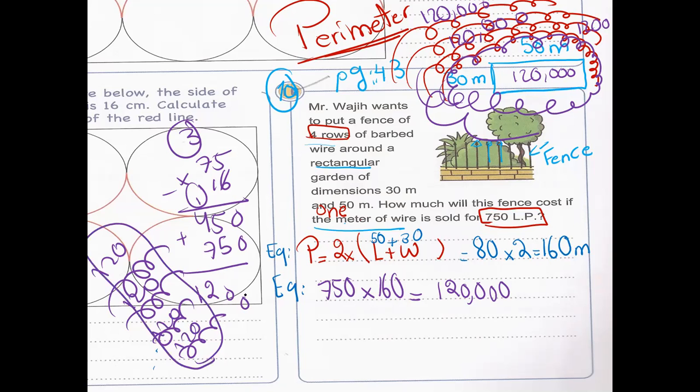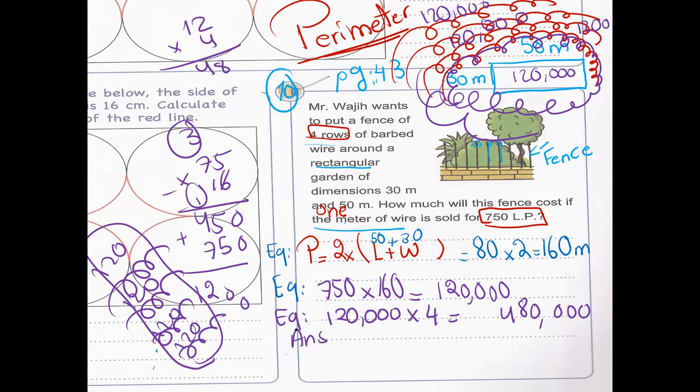Let's find now the price of 4 rows. We are repeating this number 4 times. So we will do now 120,000 times 4 because it's composed of 4 rows. Each one costs 120,000. Skip the zeros or let's place them at the end. Multiply just 12 by 4. 4 times 2 8, 4 times 1 4. So 480,000. So قد ايه كلفنا كله الفنس اللي هو مؤلف من 4 rows؟